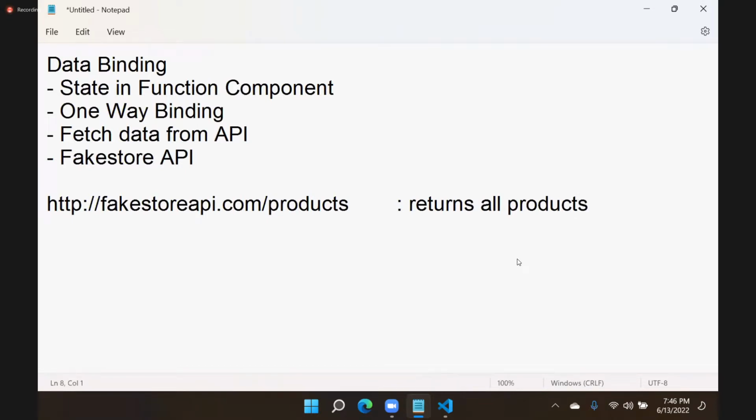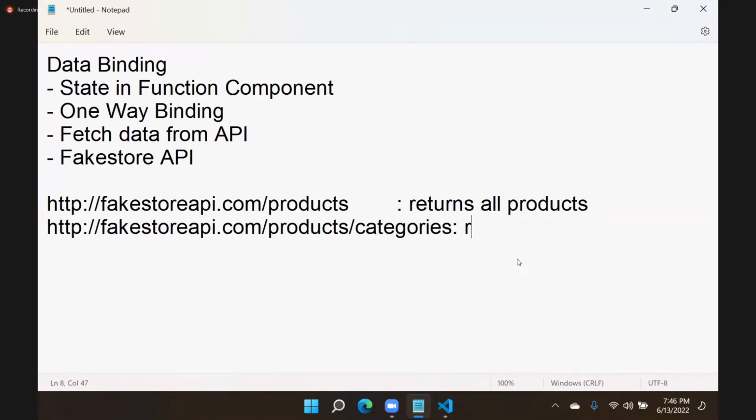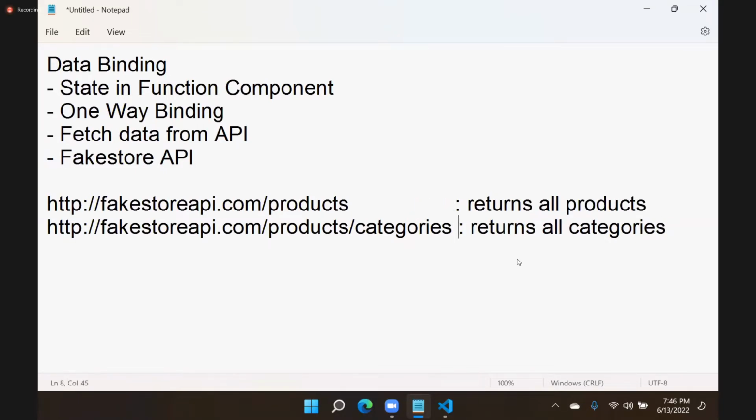They have another HTTP fake store API.com/products/categories. Actually, it returns all categories. We have all products and all categories related. These two API methods, so many methods are there. In this, we will use these two. These are the basic API methods for how we can handle this. Right? Now, the point is